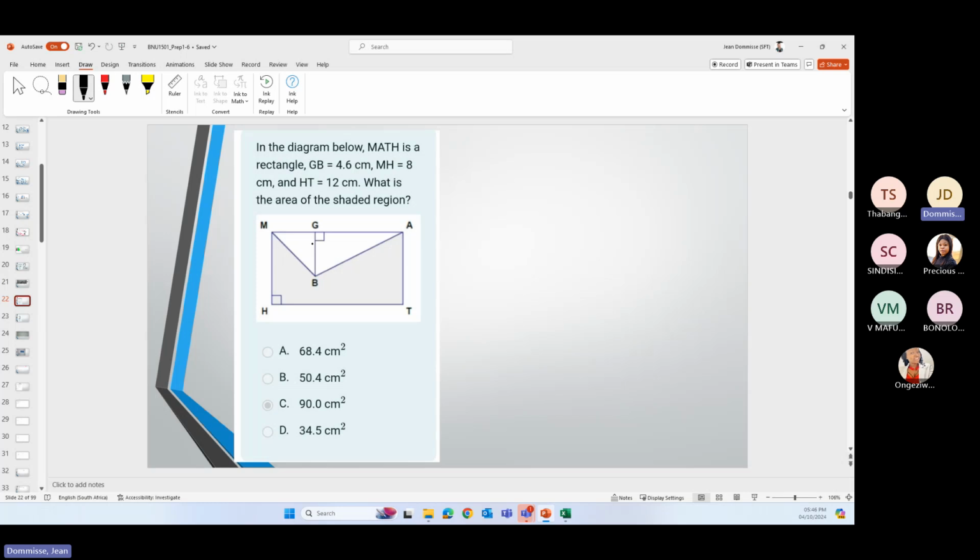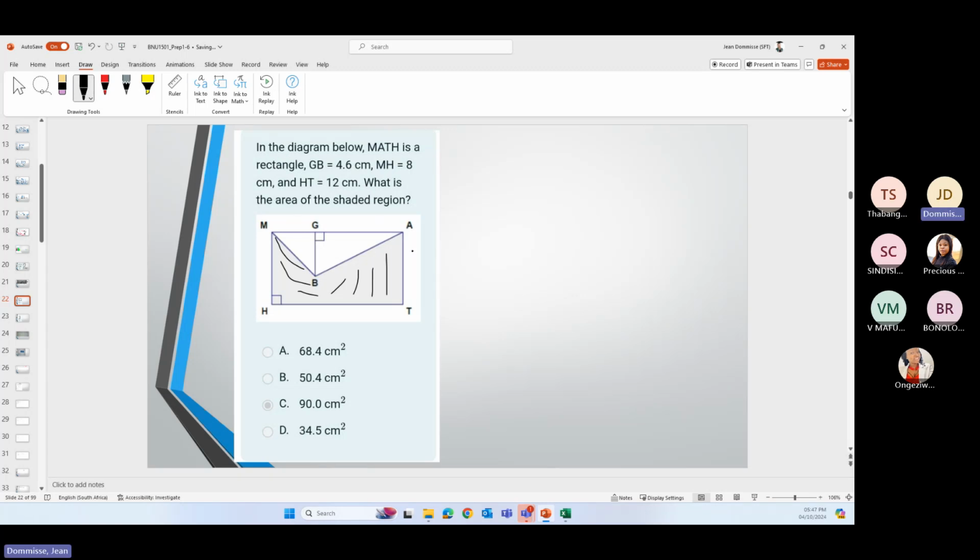Okay, so then we go into a bit of measurement. And here they ask us the area of the shaded region. So it seems like light yellow, or light green, is the shaded area if I look at it. So they give us a few things in the diagram below,